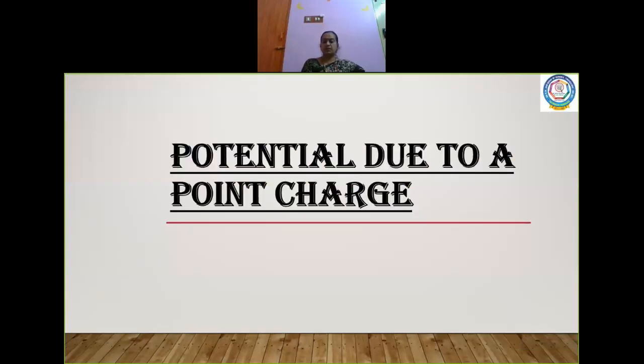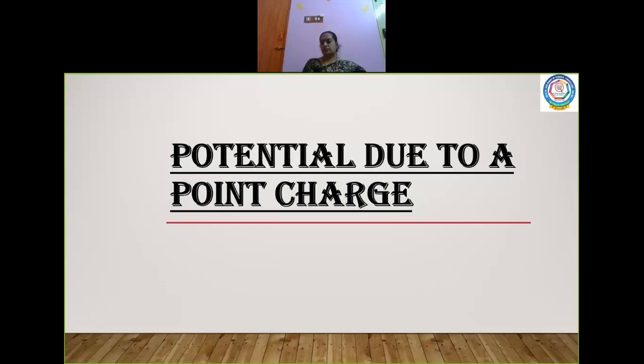So it is very important that you go through the definitions of what is electric potential difference between 2 points and what is electrostatic potential. Now, as I told you, electric potential difference between any 2 points is the amount of work done to move the charges from one point to another. Similarly, electrostatic potential is defined as the amount of work done in bringing a unit charge from infinity to a particular point. Now, this work is done against the force of repulsion. Is it clear, children? So, this is what we were discussing yesterday.